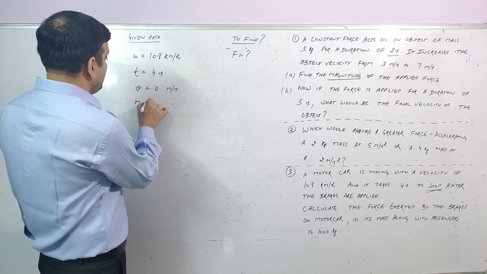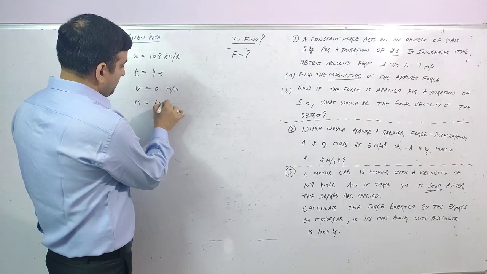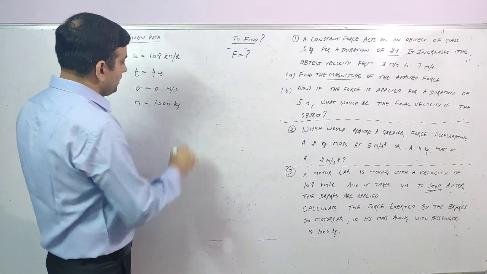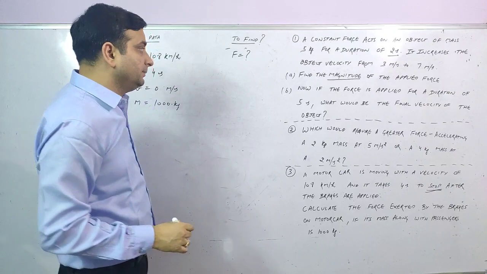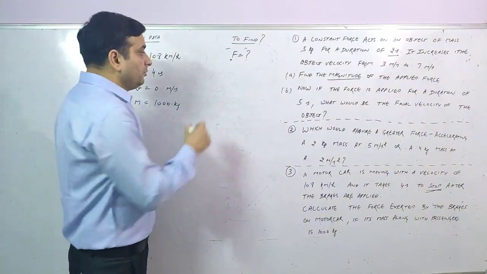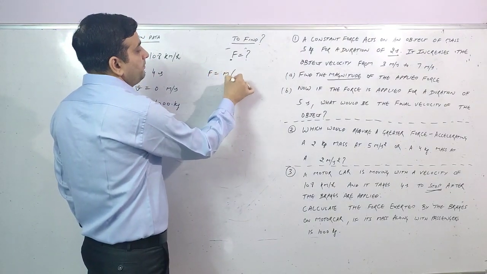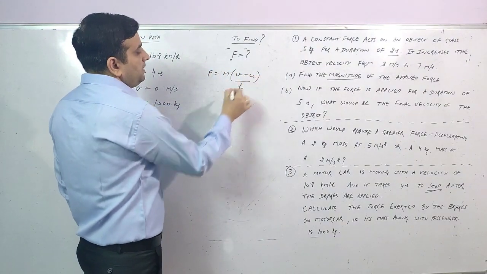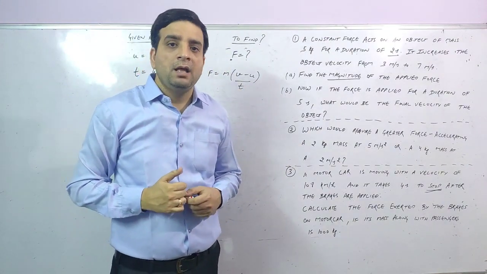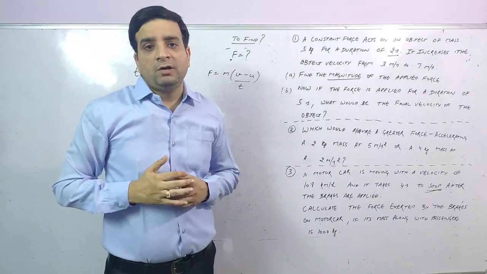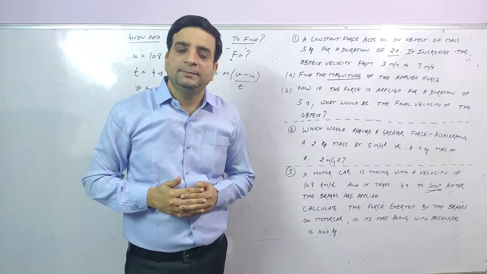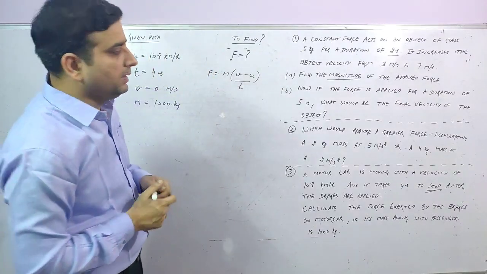So one more term which is given in the last line, 1000 is there, I have said 100. So 1000 kilogram. So what we have to calculate? Force. So before calculating the force, again we will use the formula m(v minus u) by t. But every time when we take the velocity, it is always given in meter per second. But in this case, the velocity is given in kilometer per hour. So first step will be to convert that into meter per second.